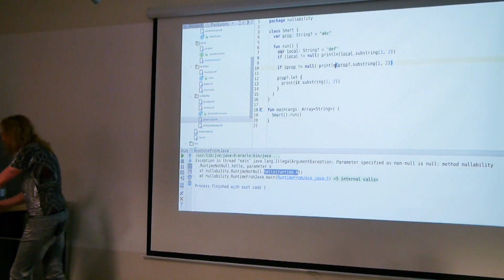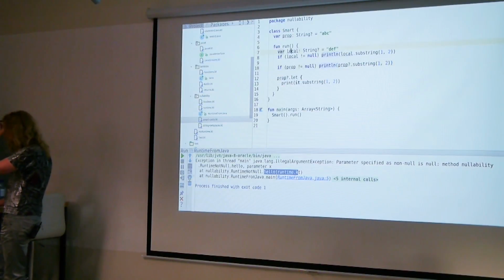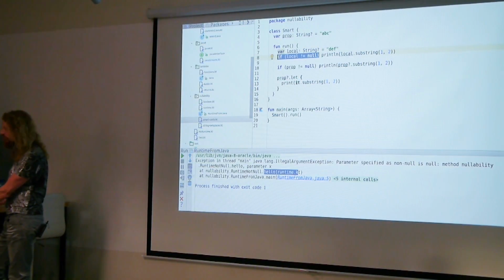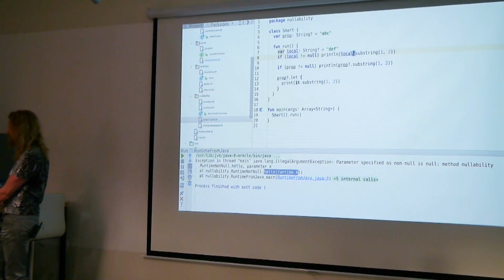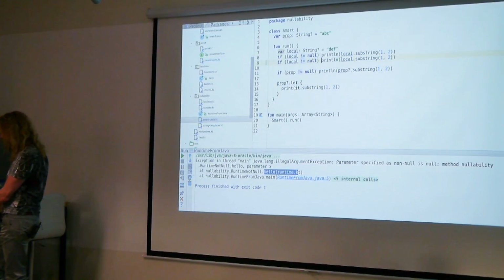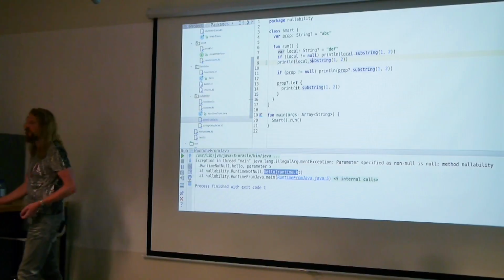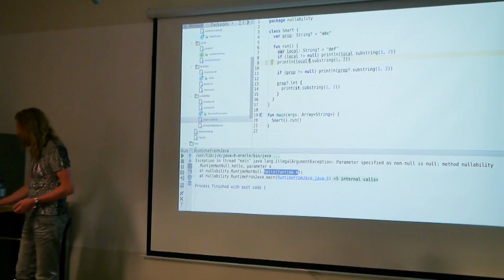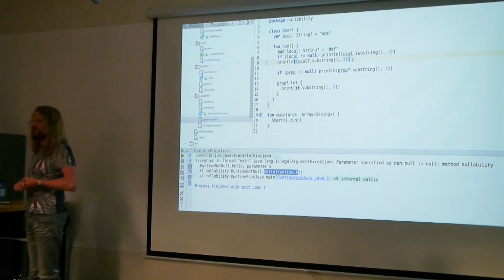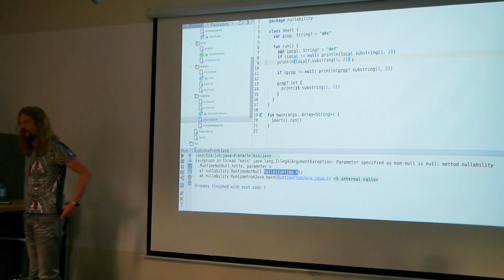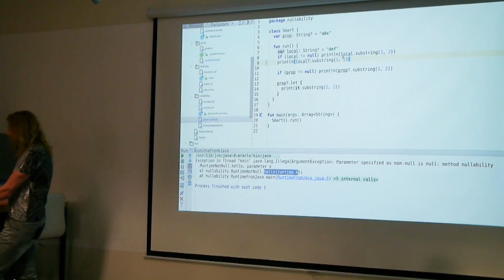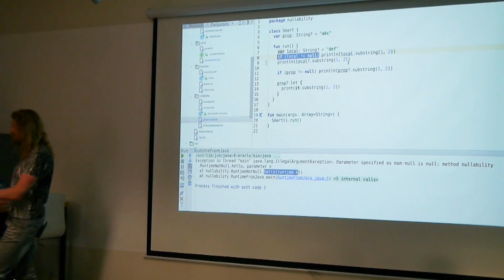And smart casts are actually a good thing. For example, if I define some local variable as a nullable type, once I have checked it for null, I can dereference it without the question mark. If I'm not doing the null check, this same thing will not compile. So I need to use this nice operator coming from Groovy, the safe dereference operator, or how is it called? But here I can use it as a non-nullable type because it's inside of this null check.